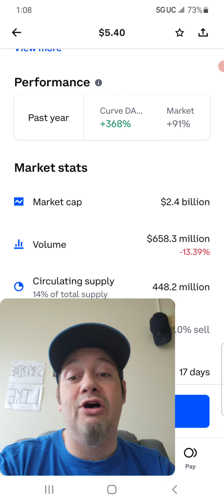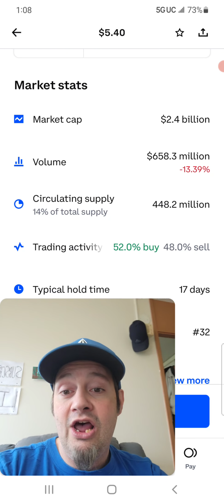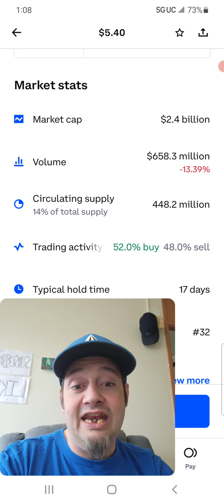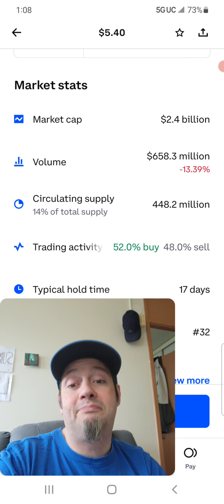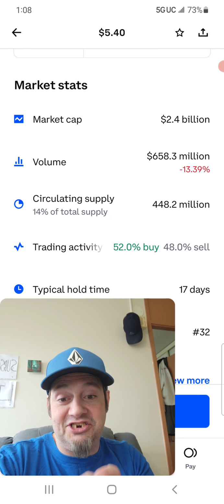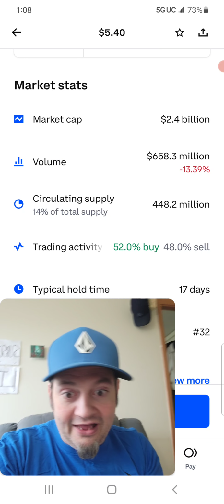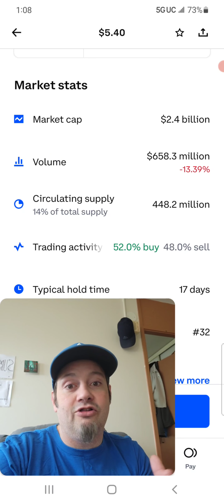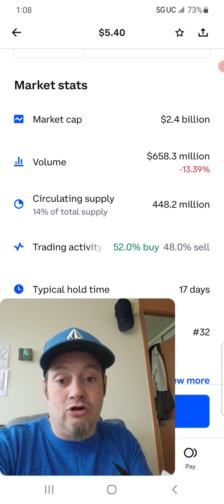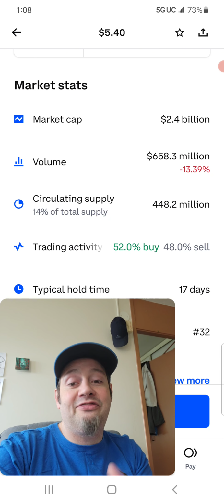So we have a $2.4 billion market cap with a volume of almost 700 million overnight. The only thing about this is it's only 14% of the supply, so it's super early in the game. But a lot of cryptos have plans implemented to put the supply out without actually damaging the price. Because if you put too many tokens out at once, it will be like inflation, right? And it will automatically cause the price to go down. But over time, if they do it right, they do it at incremental times or burn tokens in order to counteract the inflation,